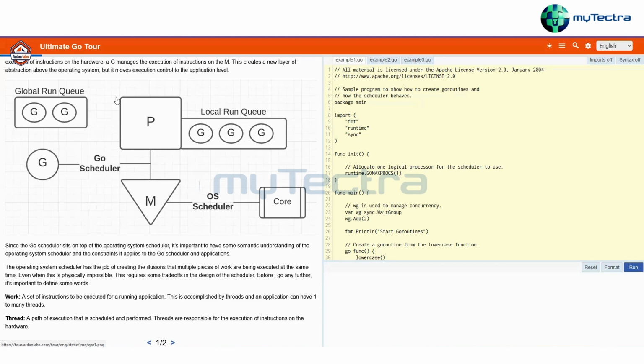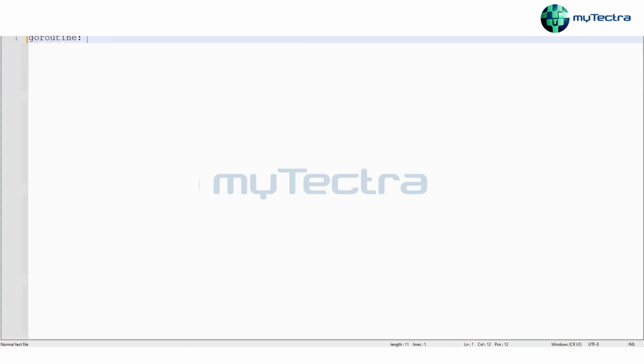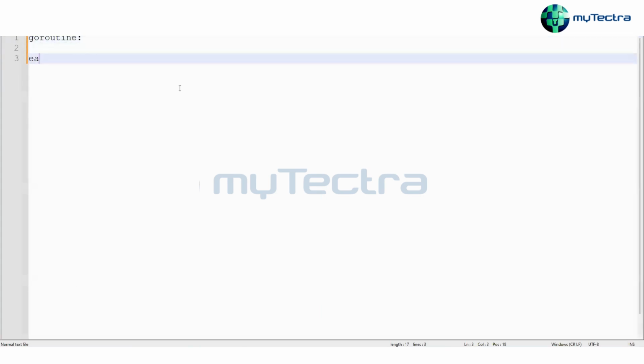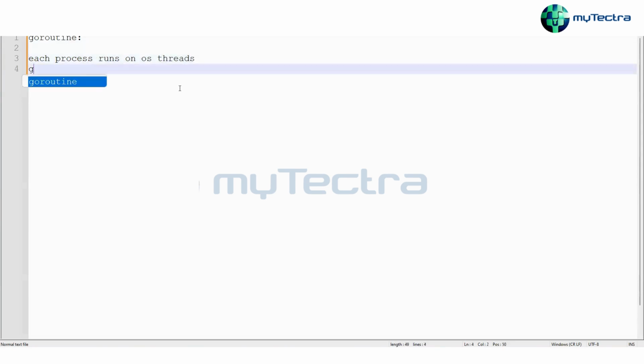When a process is running, that stack gets into RAM. Otherwise it's saved while it is not running. Now, in case of goroutines, each goroutine does not actually, okay, it does, but in a different way. We talked about this: each process runs on OS threads, right? Now in case of goroutines,